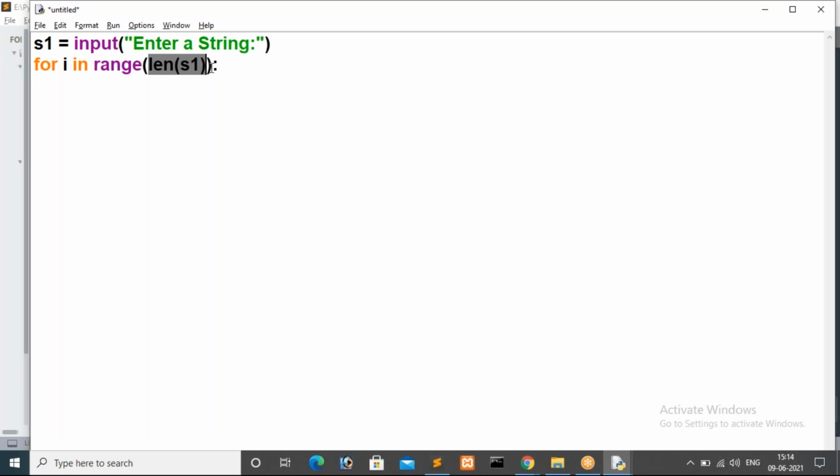Then what is the default increment value here? You have to remember everything, guys. What is the default increment value here? That is 1. Absolutely, that is 1. The default increment value is 1, because here we have range with a single parameter, na. So in that case, the Python interpreter will consider the beginning value as 0 and the increment value as 1. Now that is fine. Here we are passing the length, na. Length in the sense that is 6.